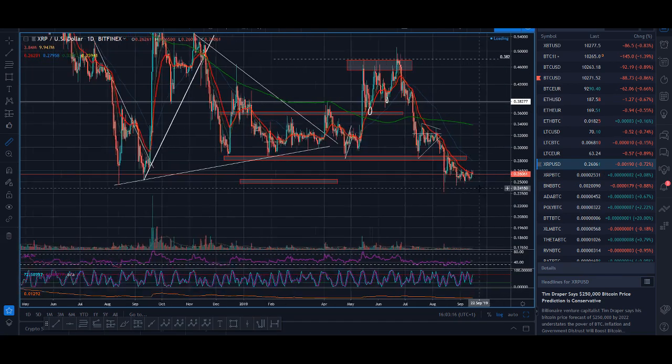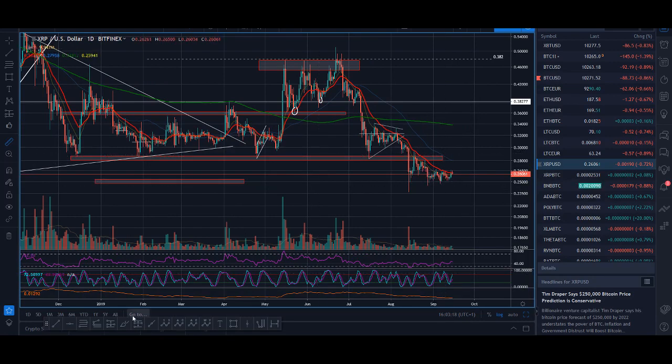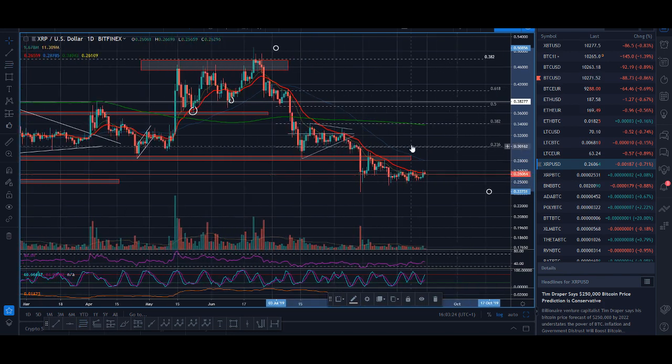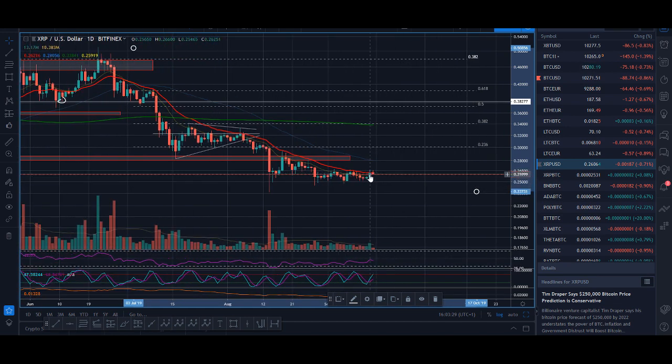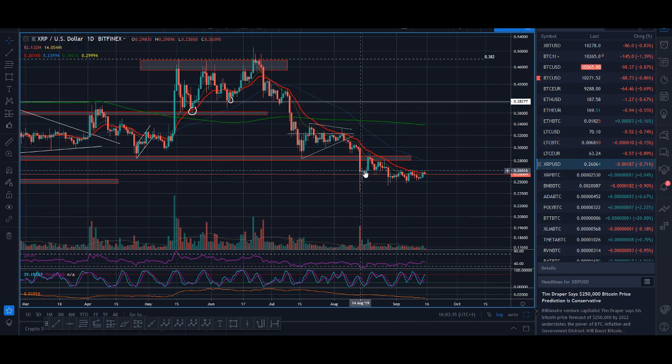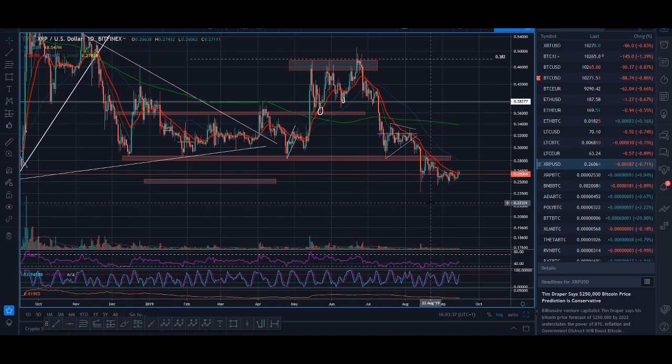At the moment, guys, XRP, if it gets above this red zone, let's have a look where the Fibonacci level comes in again. Yeah, see, it comes in a bit higher, but I won't look to buy XRP unless, I mean, it needs to at least get above my red moving average. From a trading point of view, it is looking okay, as in it's moving sideways, but if it breaks down, I'm not going to look to buy.